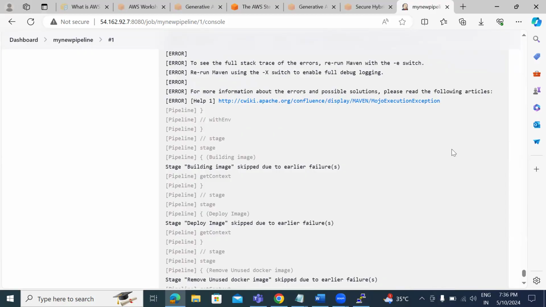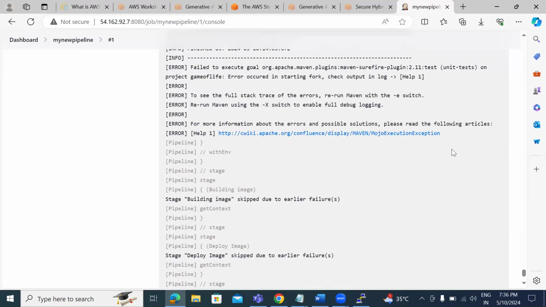So now here, the staging build stage failed, but